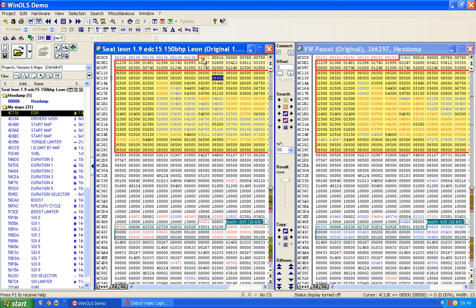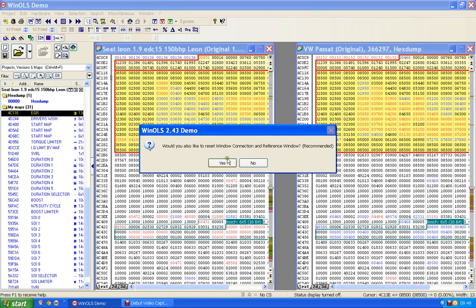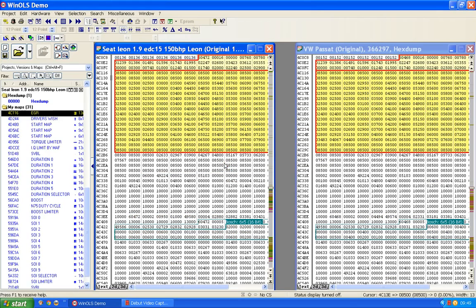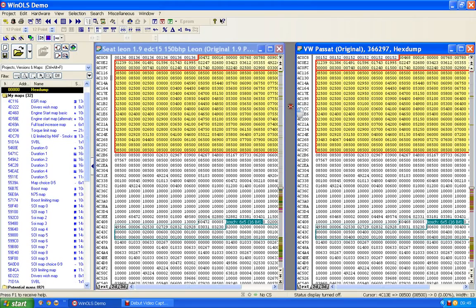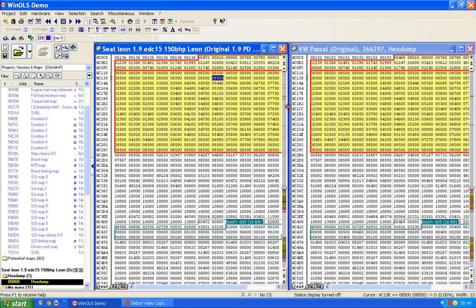Right, now if we didn't have this view open, so in other words, if I go back and it says, do you want to reset the windows, and I say yes, notice it hasn't put them back where they were originally, with one at the top and one at the bottom. It's left them side by side, which is fine. Let's just see if I can get a little bit more of that one to show and a little bit more of that one to show. I don't understand why Windows puts them this way, because very often you can't see enough of the file that you're looking at width-wise when they're this way around. So I've never quite understood why the developers think that side by side like this is the best way to go,